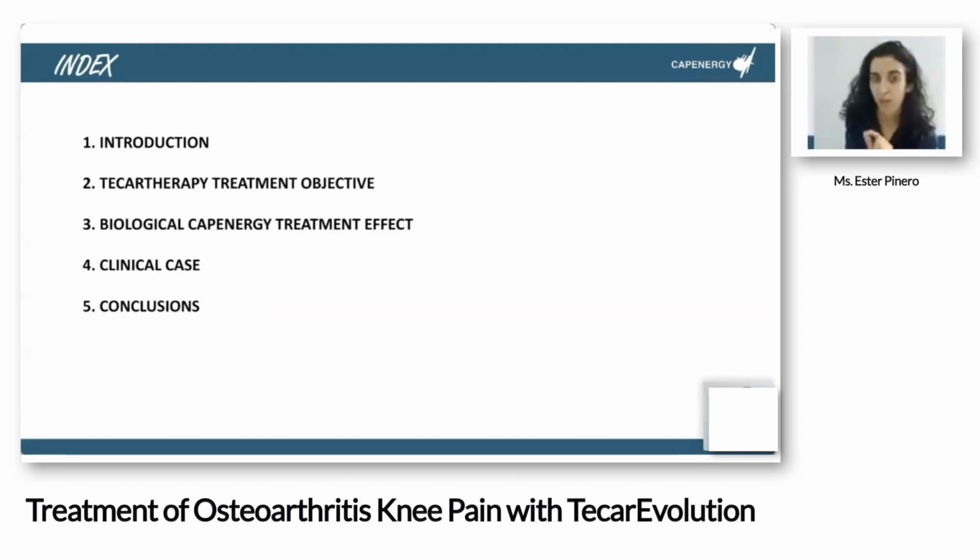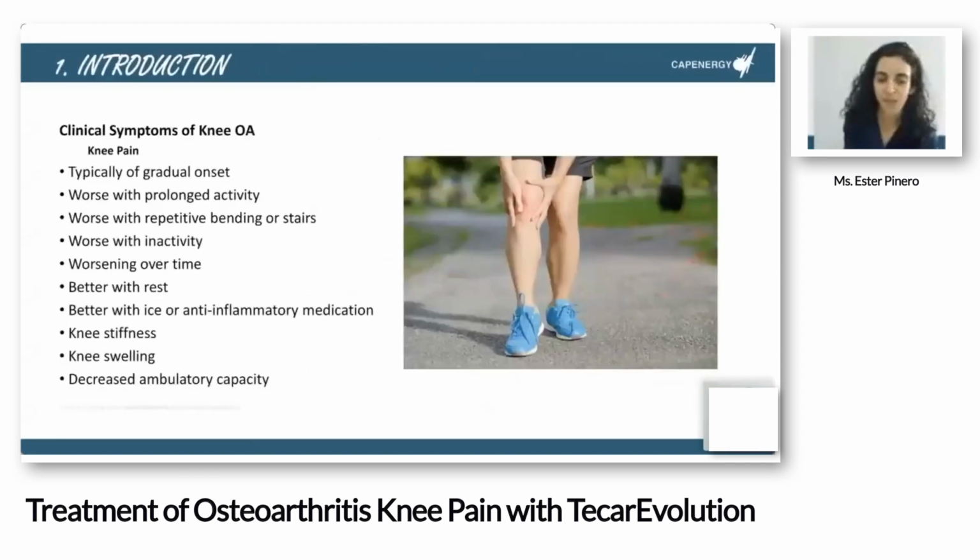After, we will see a clinical case. It's a post-surgery of a knee that has similarities with a case of osteoarthritis. Then it is useful to know how it is, and the conclusions. Then we start with an introduction. We want to know